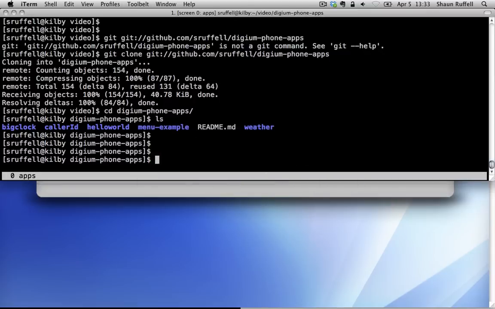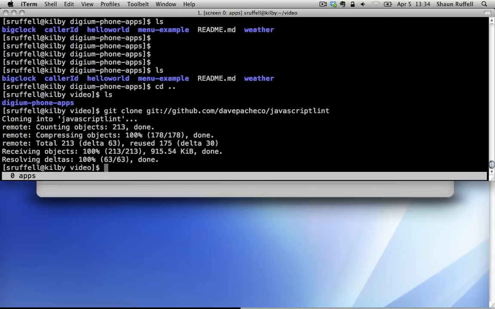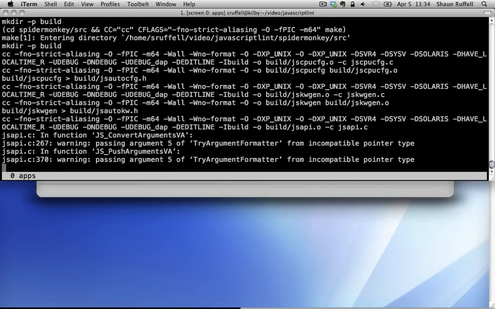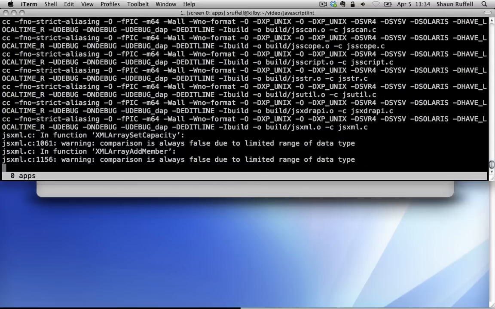The next thing you would want, I believe, is some kind of JavaScript lint program. So either if you already have one that you're familiar with, great. If not, I have these example applications configured to use JavaScript Lint, which you can get from Dave Pacheco. And if you go ahead and make and install this, and by the way, I'm using Linux here, Linux console, so